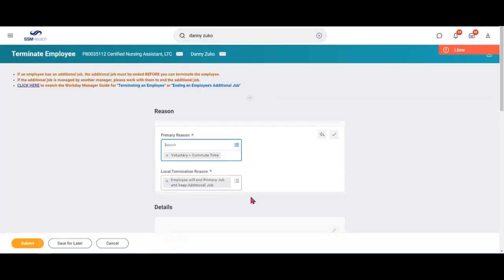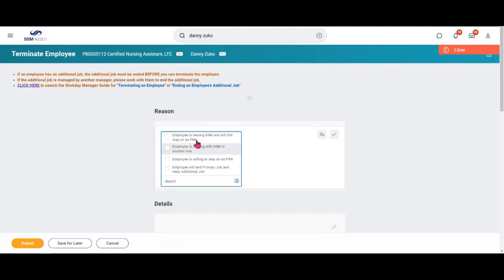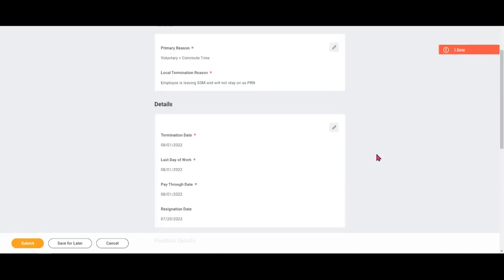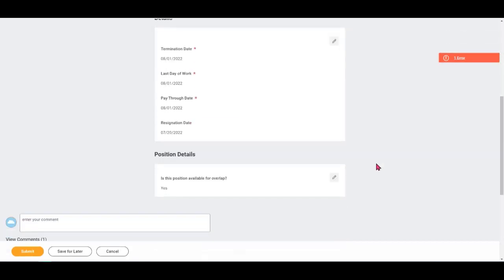So again, as far as the local term reasons go, the only one option that will allow you to complete a termination process is when the employee is completely leaving SSM, will not stay as PRN, or in any other capacity. So if we go ahead and complete this process,